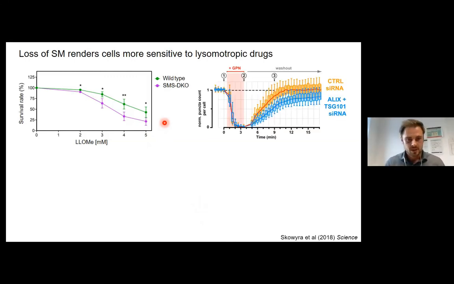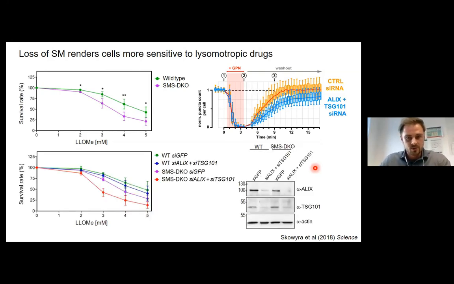Okay, so as I mentioned a few minutes ago, studies have shown that the ESCRT machinery is important for the repair of lysosomal membranes. As you can see here in this figure from a paper published in 2018 in Science, a double knockdown of two ESCRT components affects lysosomal repair. We then wondered if our observed sphingomyelin-dependent membrane repair is connected to the ESCRT machinery or whether we are looking at an ESCRT-independent pathway. To test this, I performed the same double knockdown of ESCRT components as used in the Science paper, either in my wild-type cells or in my SMS double knockout cells, and tested the effect on